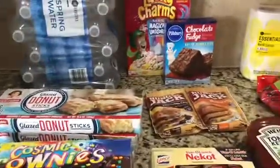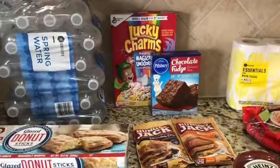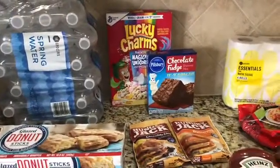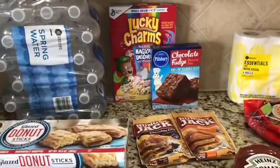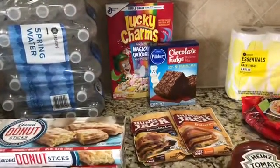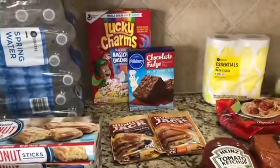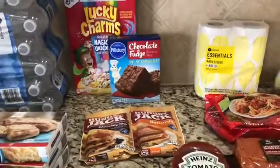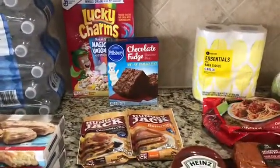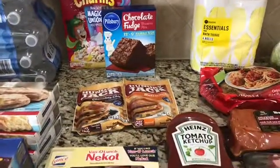So then we have Lucky Charms in the back. They're having a good sale on cereal, and my kids love the Lucky Charms. Got them for $1.94, and you could probably do better if you get the coupons. I think there's some coupons out there. I have not started couponing back yet. Just got out of the habit of it and haven't got started. Now the brownies were on sale for $1,